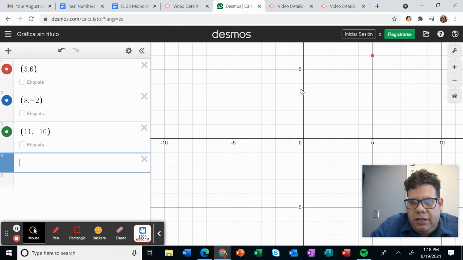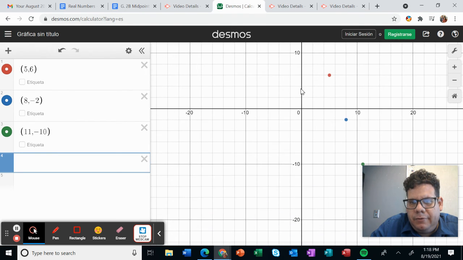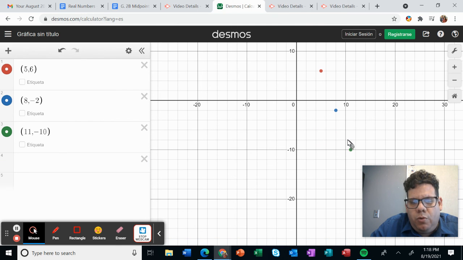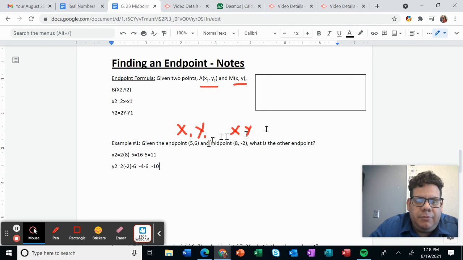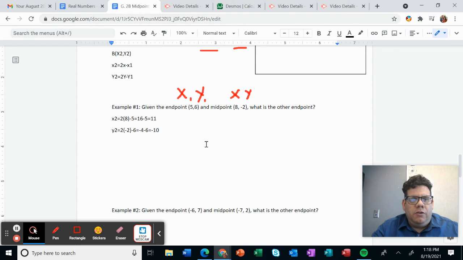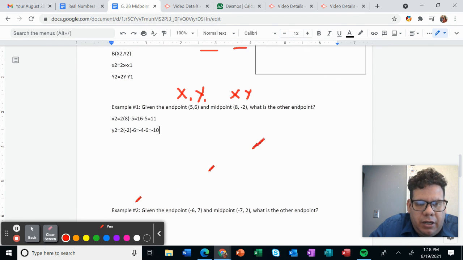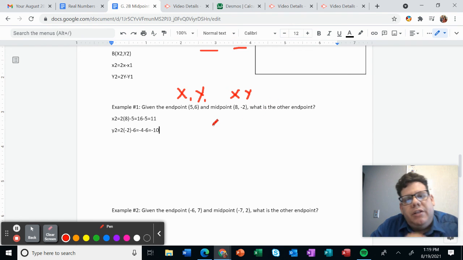Let's see those points in the graph. As you can see, the endpoint that we were looking for is right here. It has the same distance from this endpoint to the midpoint as the other endpoint does. But there are other ways to solve this. One way is the next thing that I'm going to do. Let me grab this again. So I have the coordinates for the